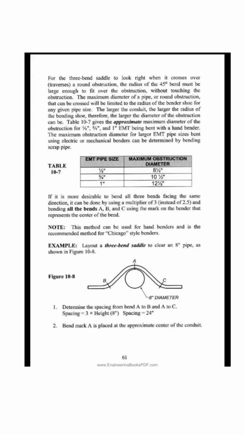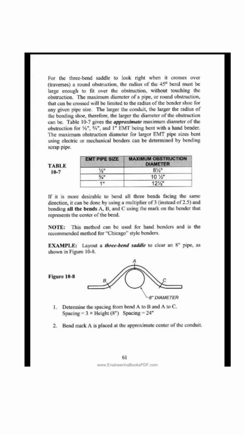The larger the conduit, the larger the radius of the bending shoe, therefore, the larger the diameter of the obstruction can be. Table 10-7 gives the approximate maximum diameter of the obstruction for 1/2, 3/4, and 1 inch EMT being bent with a hand bender. The maximum obstruction diameter for larger EMT pipe sizes bent using electric or mechanical benders can be determined by bending